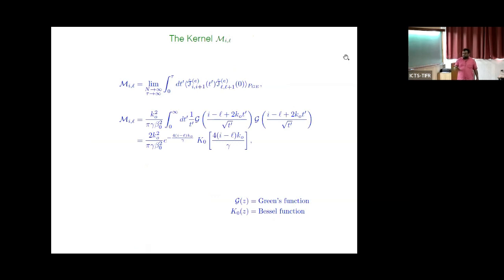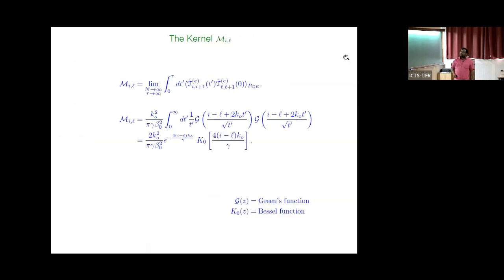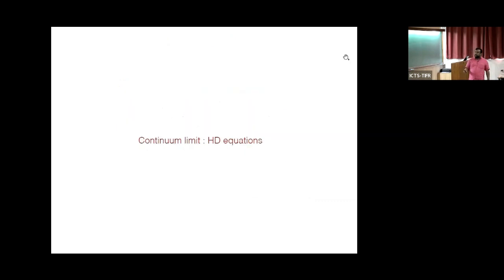Okay, so this equation is very easy to solve, and it's a linear Fokker-Planck type equation with a source term. So you can solve these equations and write down the solutions in terms of the Green's function, and you can find that this microscopic kernel is actually given explicitly by this Bessel function. So we have all the coefficients explicitly known, but this is still not